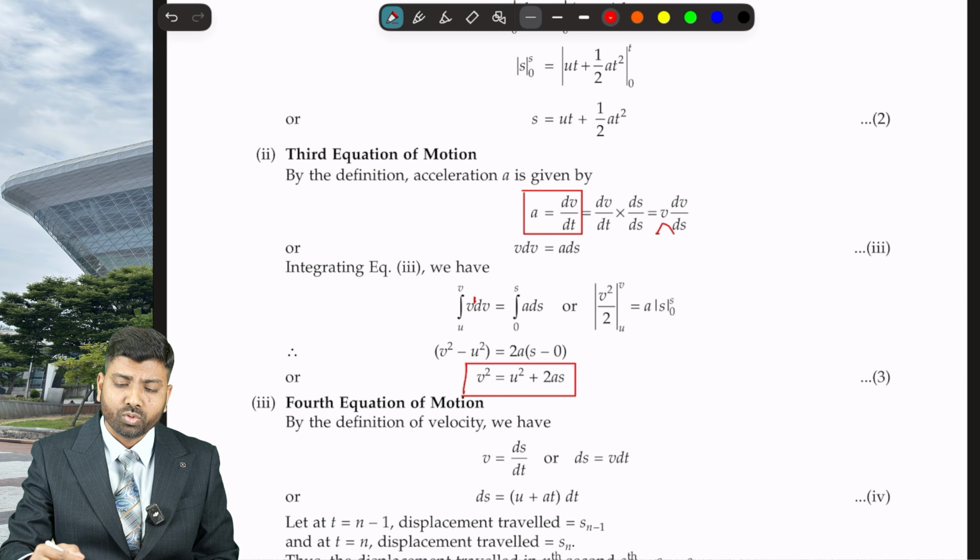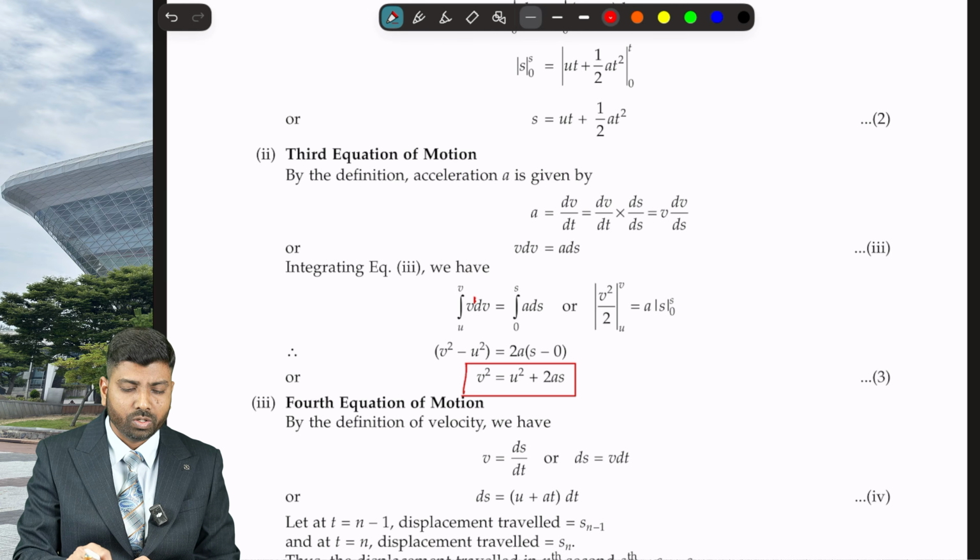And this is very easy. So just have a look, and you can write your